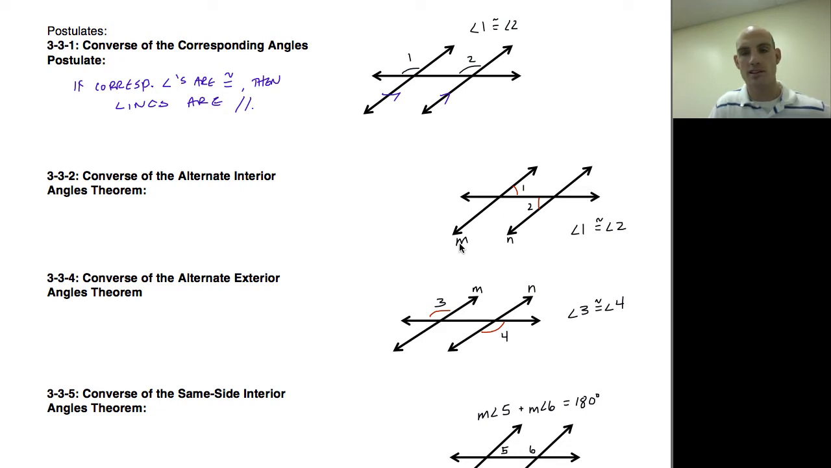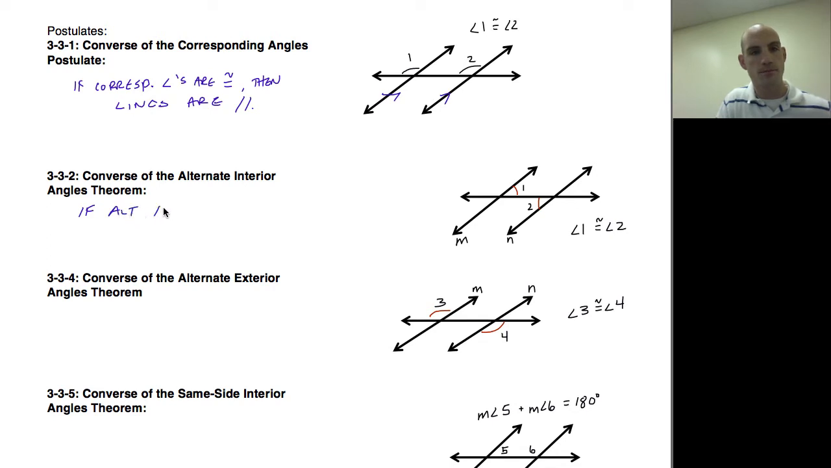When I look at this, I've got M and N, which are two lines that are cut by a transversal. And once again, angles 1 and 2, we're saying they are congruent. So we look to see how 1 and 2 are related. Obviously, they're alternate interior angles because they're opposite sides of the transversal, making them alternate, and inside the two lines cut by the transversal, and they're congruent. The converse of the alternate interior angles theorem says if